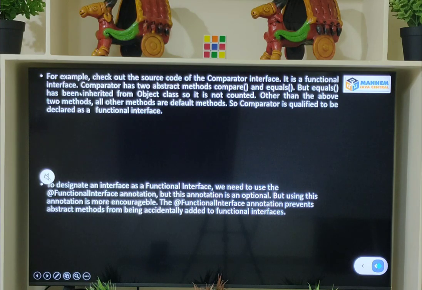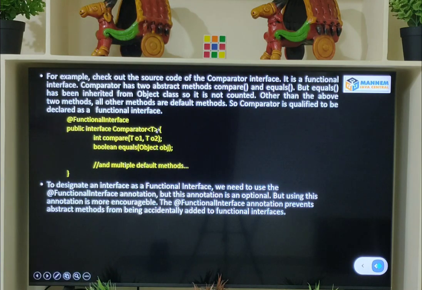It is a functional interface, but if you observe the code of the Comparator interface, it contains two abstract methods. One is compare and another one is equals. Here compare is exclusively written for the Comparator interface, but the equals method was inherited from the Object class. That is not counted. Other than the above two methods, all other methods are default methods. So Comparator is qualified to be declared as a functional interface.